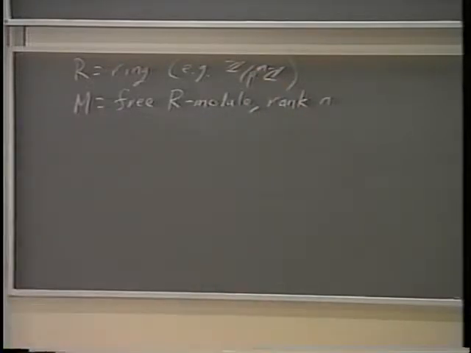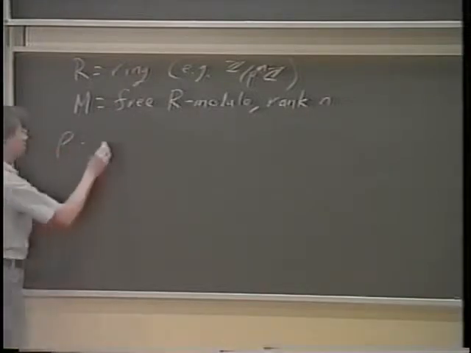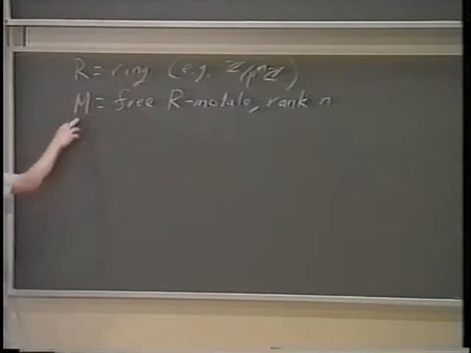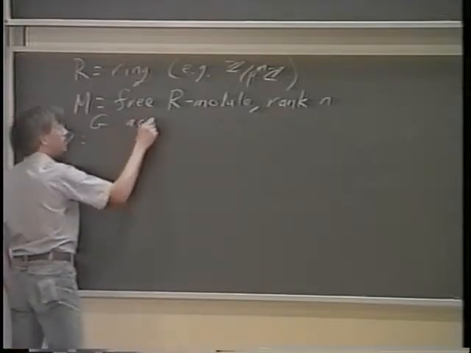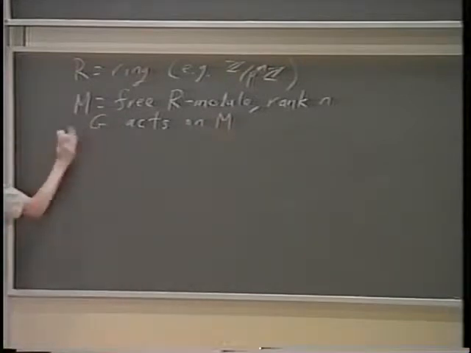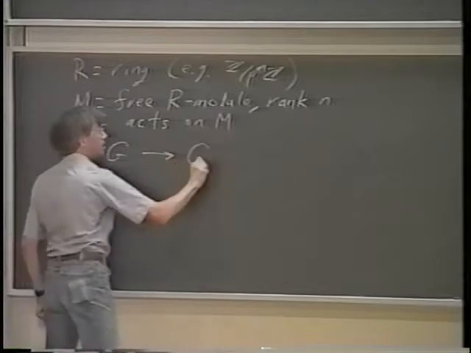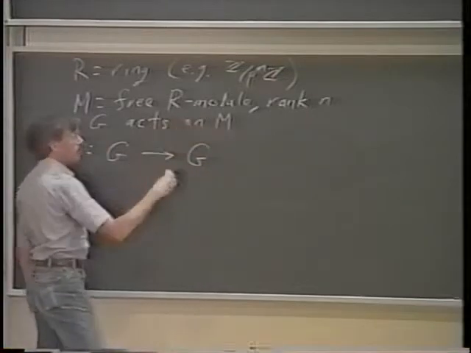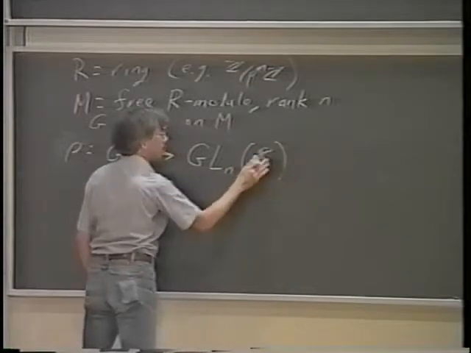And let's say G acts on M. Okay, so G is just some group, and G acts on M. What does that mean? That really means you have a map rho mapping G,